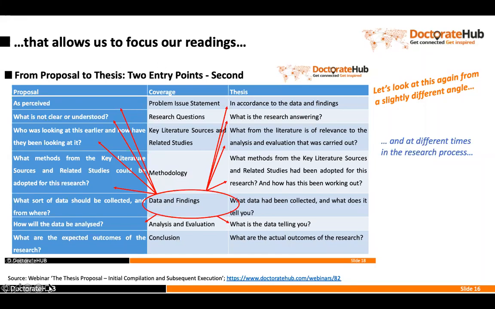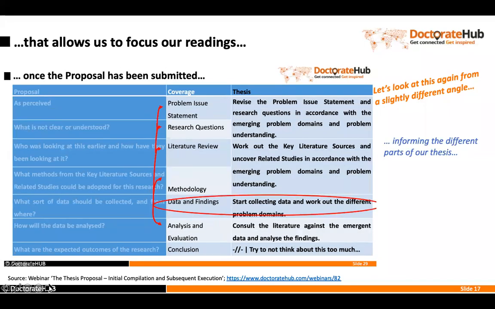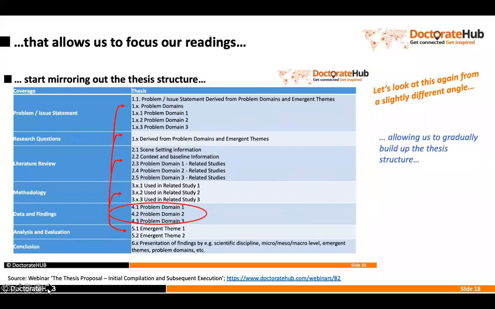All right, and now let's continue here. As soon as we start collecting data, we will work out gradually the different problem domains that exist in our research. This will then allow us to go very structured through our thesis and to start drafting it up. As said initially, mirroring is a tool to map out the research, but it is also a means to provide a holistic view. And the holistic view comes together best if we work over the table of content,